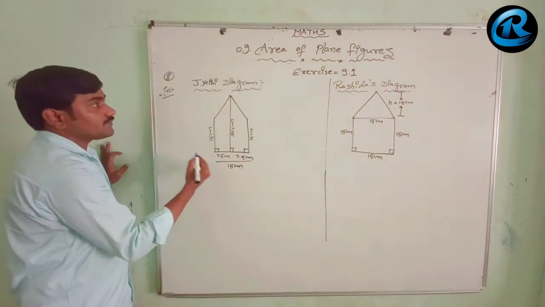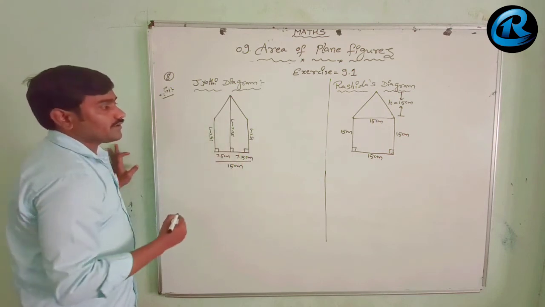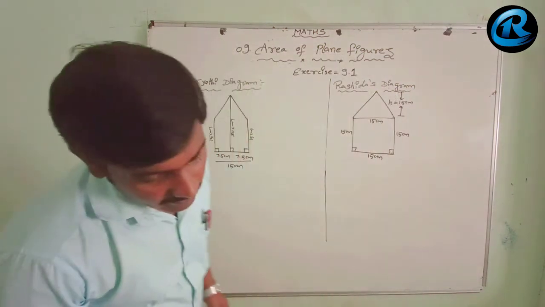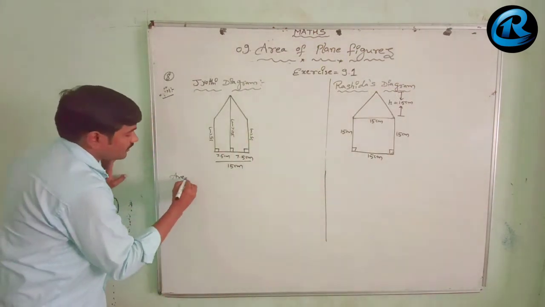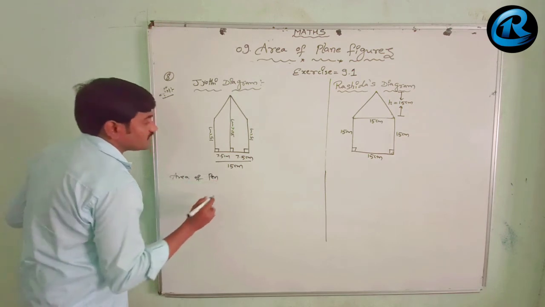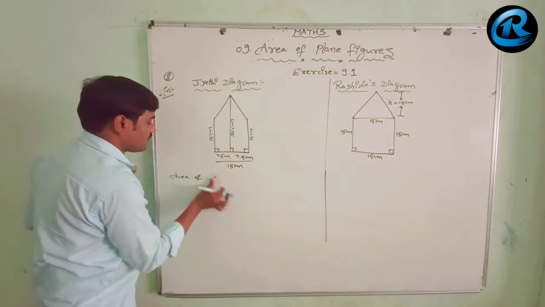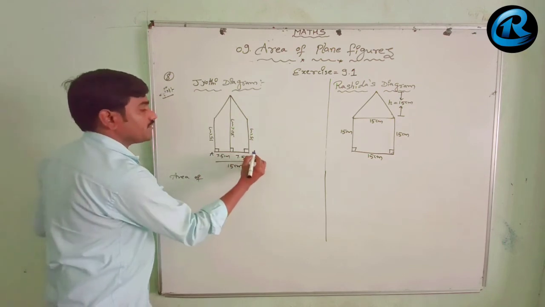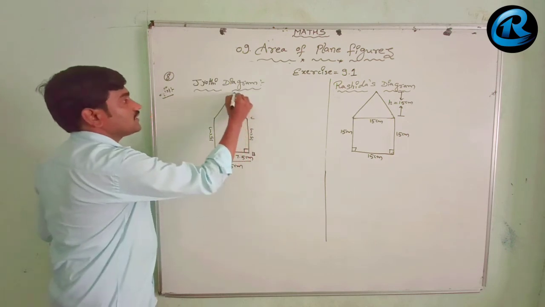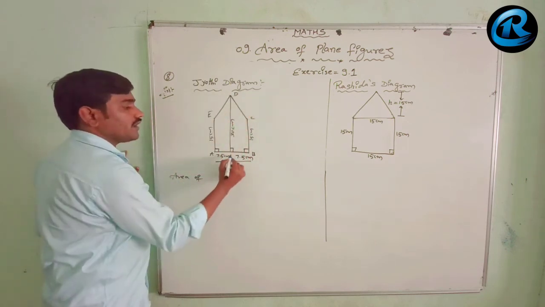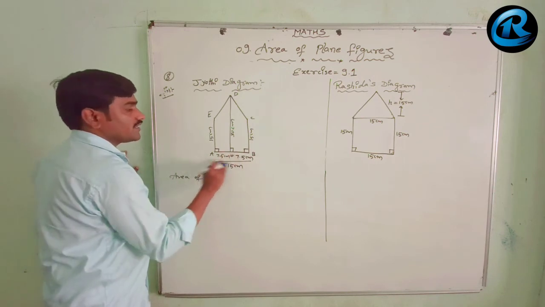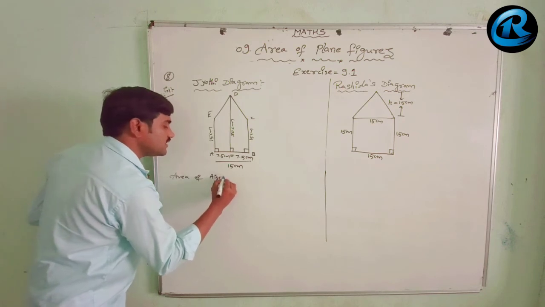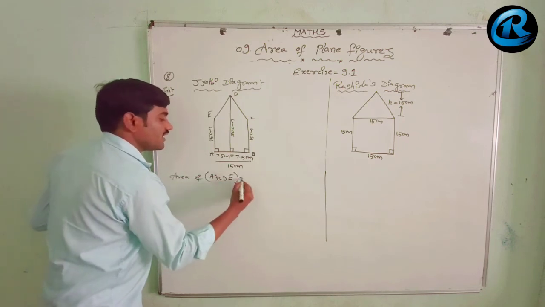Now we have to find out the area of this diagram. Now the area of the pentagonal, okay, area of the pentagonal. Now area of this diagram. So A B C D E F, we will not write F, we will directly go for the area of A B C D E. So the area of this diagram.